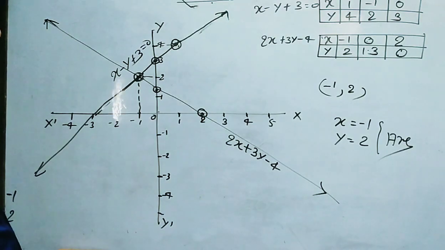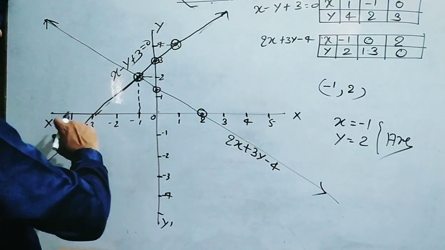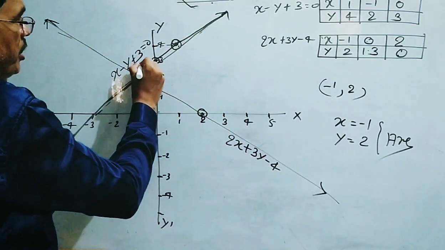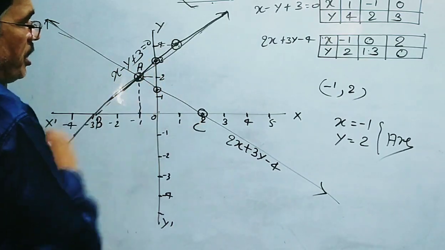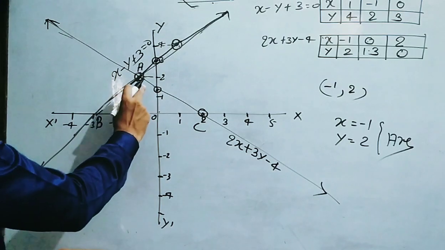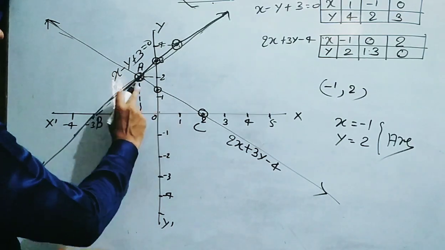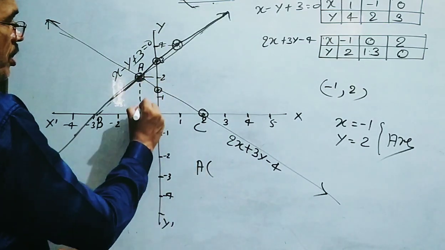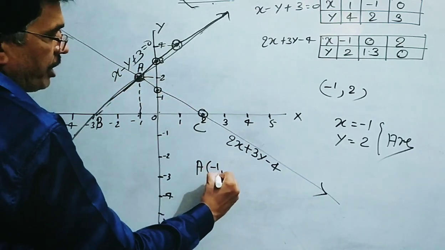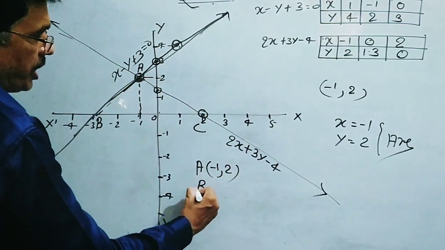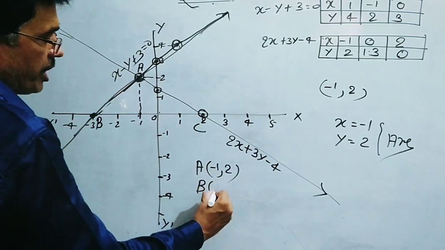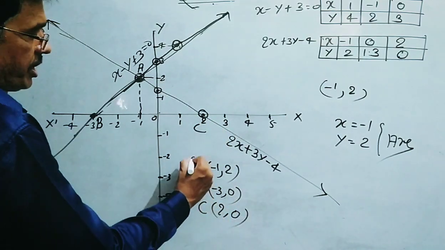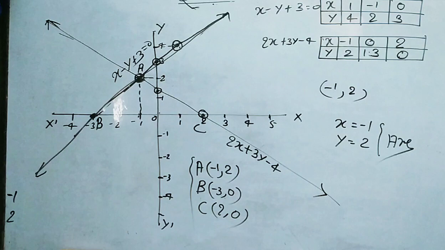Next question. If a triangle is formed with these two lines and the x-axis, so these two lines are here. One line is here, other line is there, and these give the triangle A, B, C. So with the help of this triangle, we find their coordinates. What is the coordinate of A? The coordinate of A is (-1, 2). First you write the x coordinate, then the y coordinate. Second, B, here the coordinate of B is (-3, 0), and here is C, the coordinate is (2, 0). These are the vertices of the triangle.